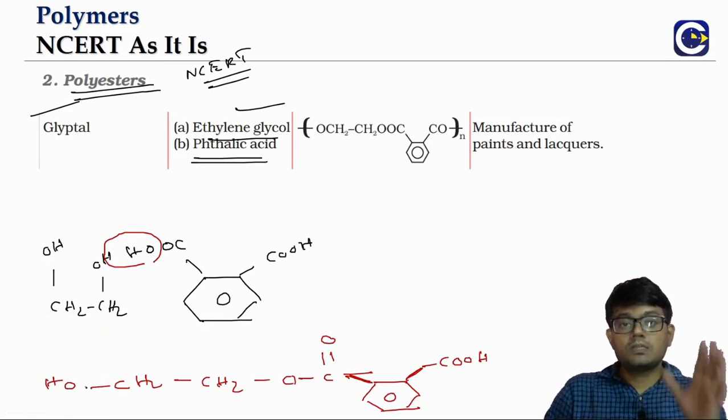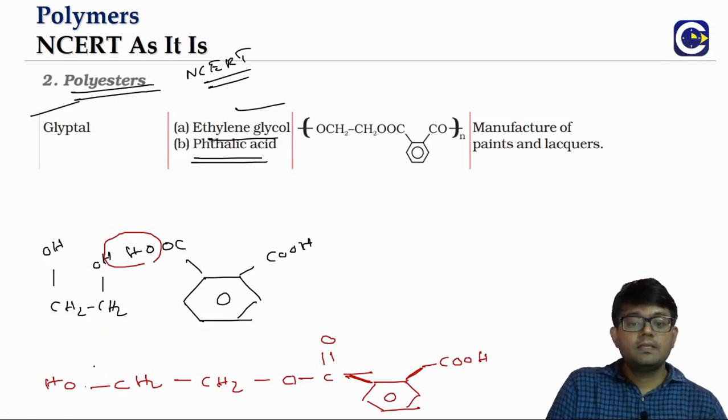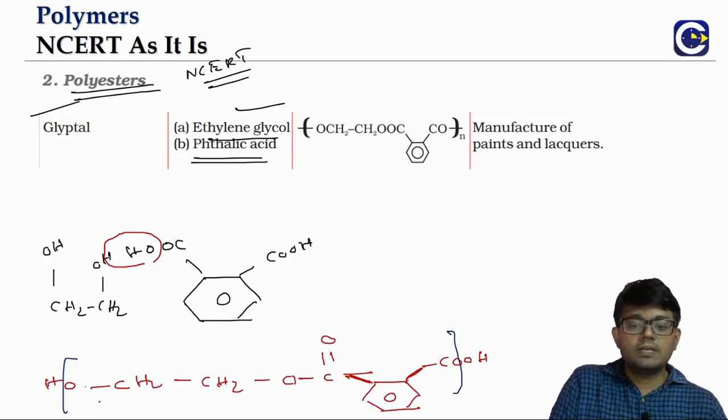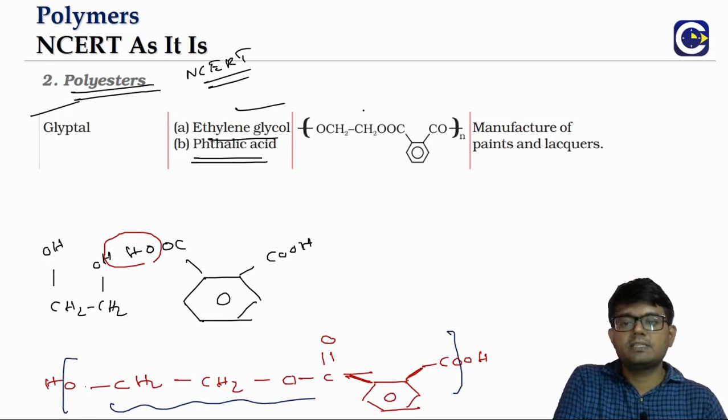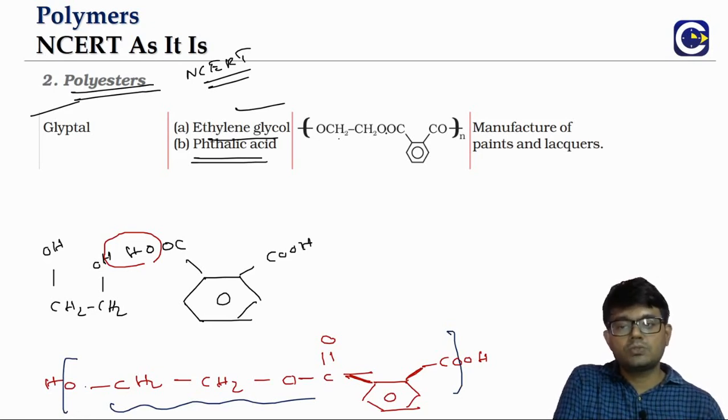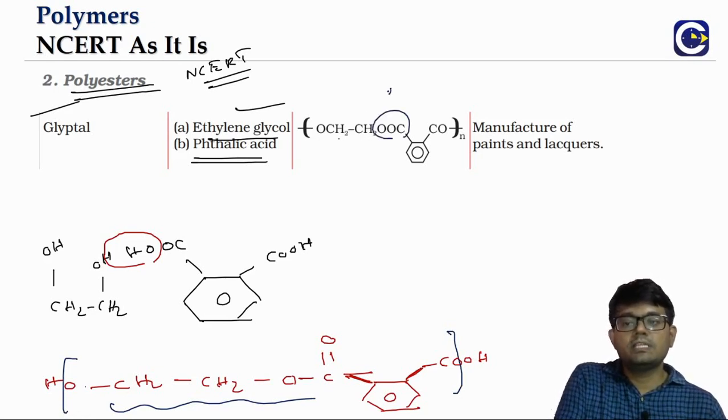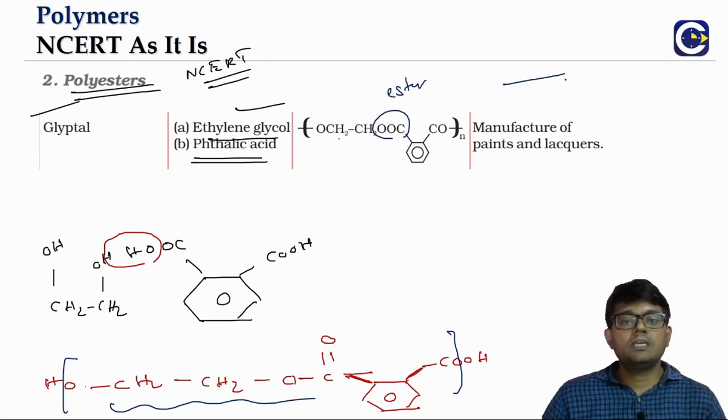If you want to know the overall polymer structure, you see here, this is having an alcohol group. From this we have to remove the hydrogen. Acid group. From this we will remove the OH part. Whatever is inside, that will be the repeating unit structure. You see here, what is it? OCH2CH2 COO. This is the ester. Ortho position, both the carboxyl groups will be attached. So this is the structure of the glyptol.